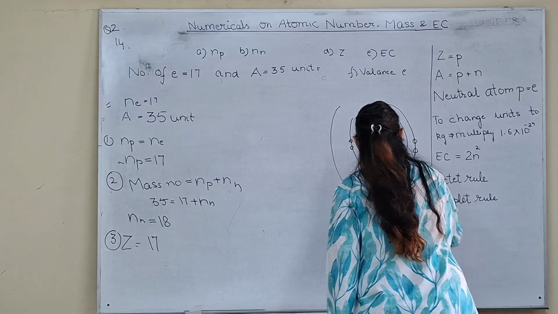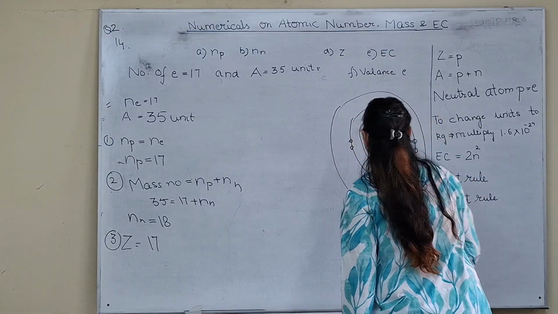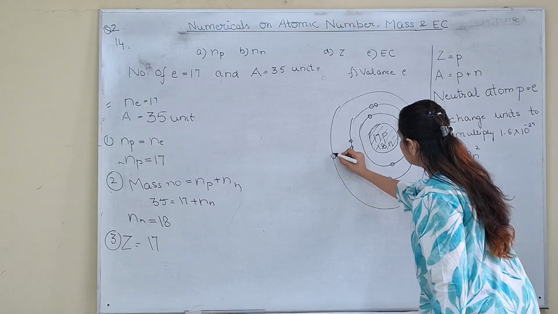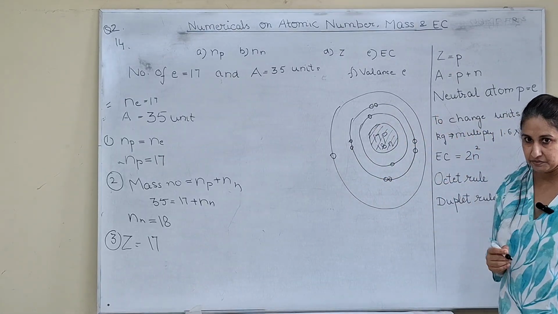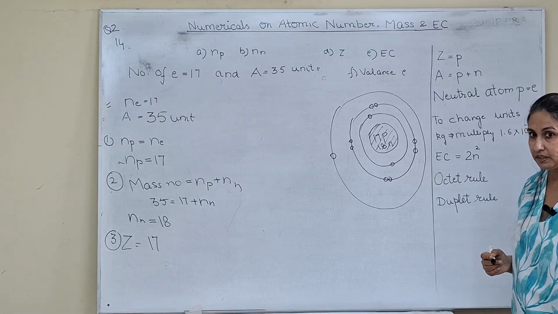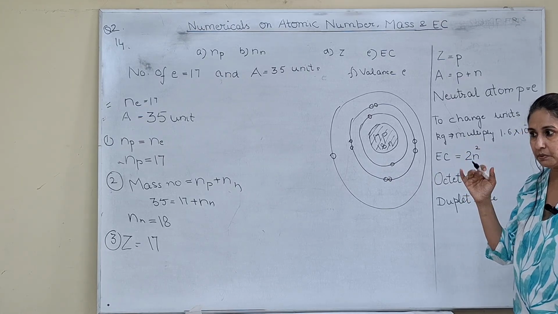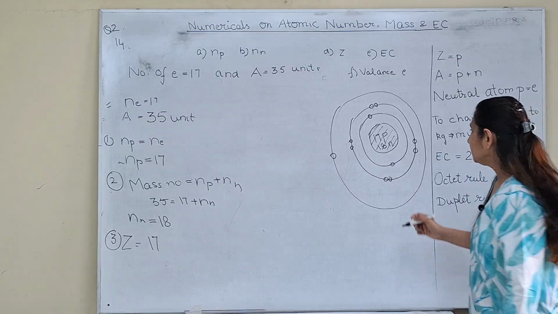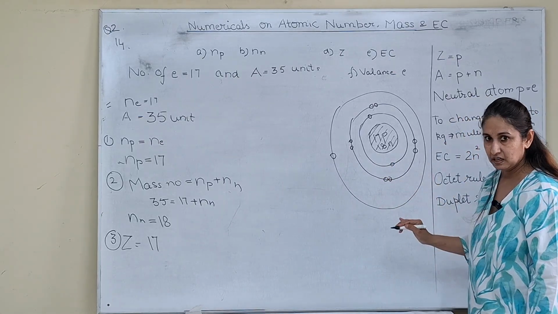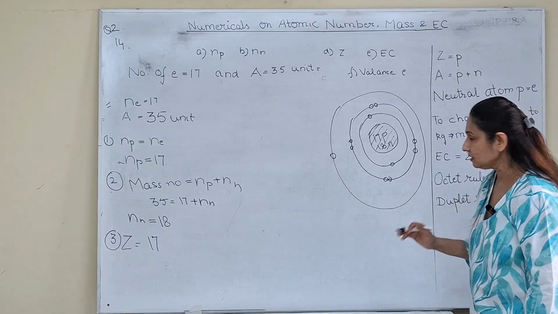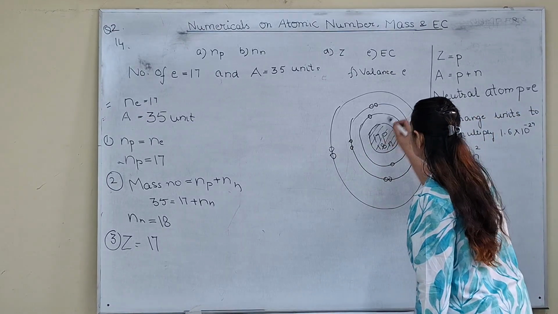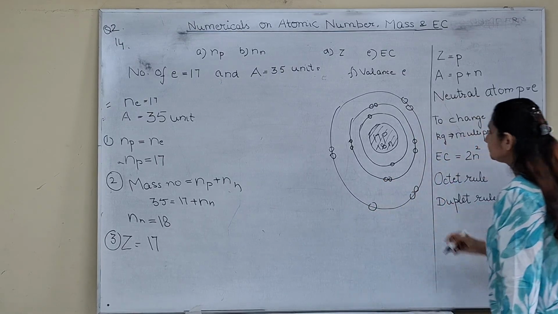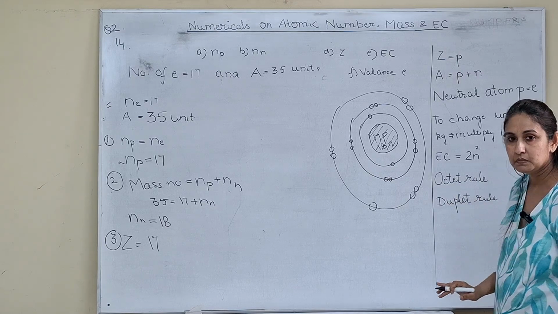So they'll have to go on the 3rd floor. They will have to go in the 3rd orbit or the 3rd floor. So we'll make, is the capacity of the 3rd orbit 18? Maximum capacity is 18. So obviously it can fit in the 7 electrons left. 2 plus 8, 10, and remaining electrons 7. So all these 7 electrons will come here. Okay, so this becomes the diagram or the atomic structure.